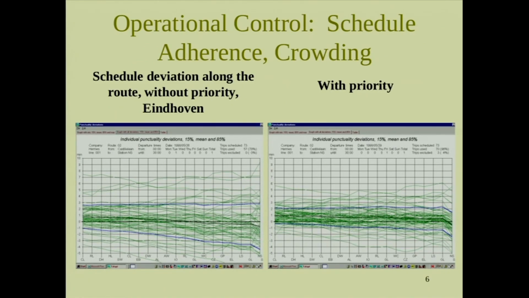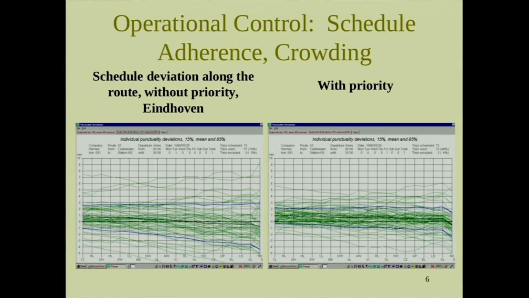And when I told you I studied traffic signals in the Netherlands, it was in the context of transit priority and how can we make transit service better. So here you have two graphs, where each line represents the trajectory of a vehicle. On the bottom is space. We're going from station CL across to station S. And on the vertical axis is how far off schedule are we. So if you're at the 0 line, that means you're perfectly on schedule.